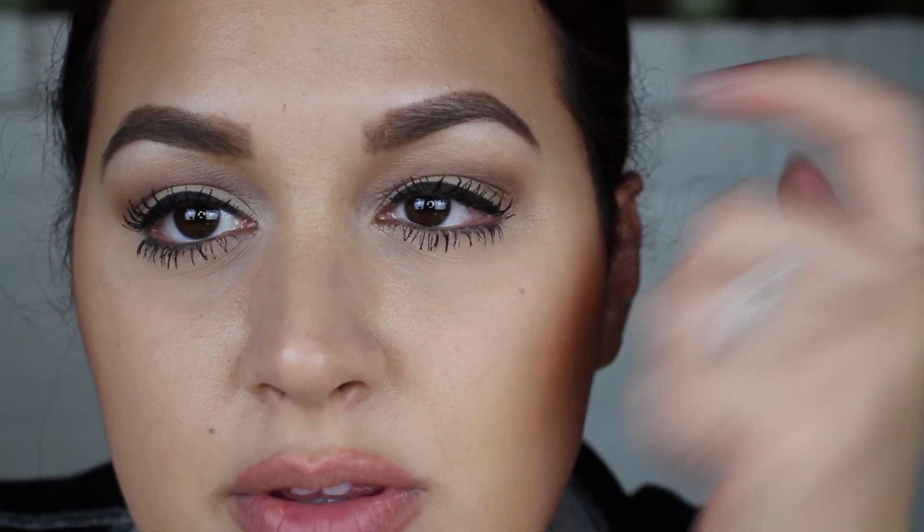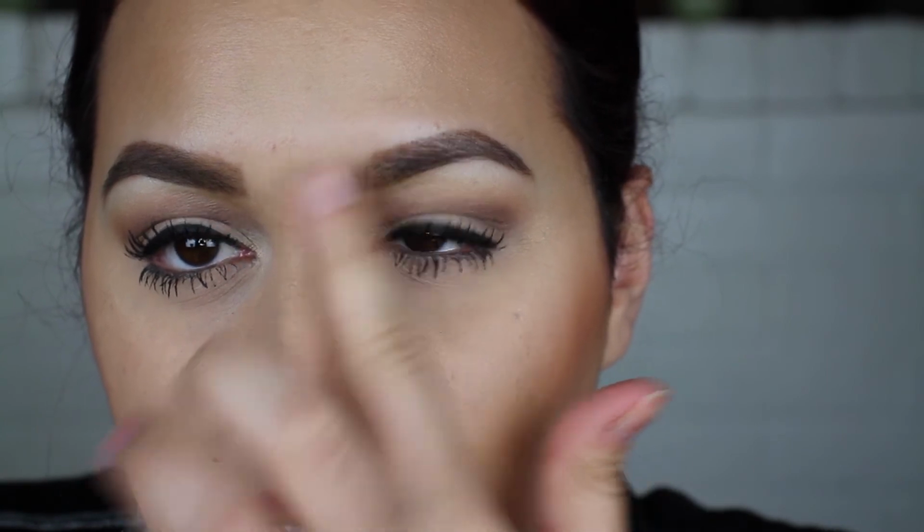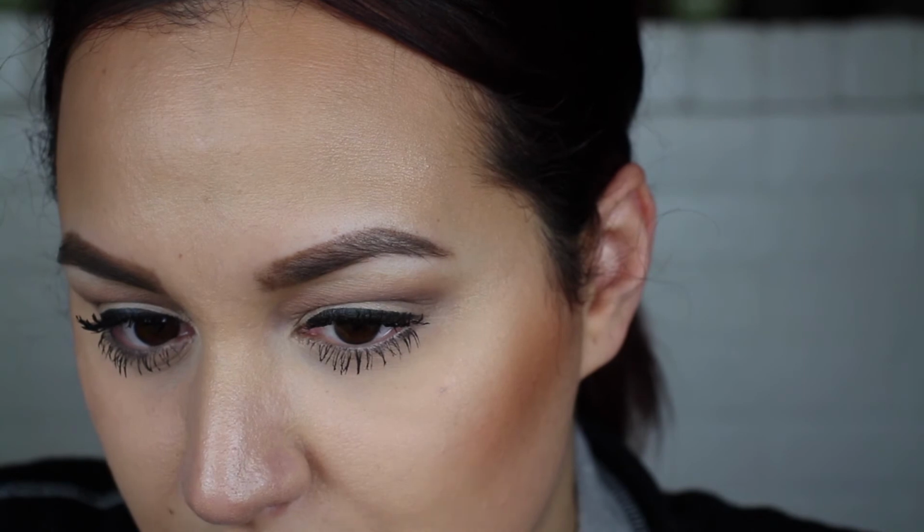As for the brow pencil, I pretty much said how I already felt. I still feel the same way. I didn't set this side with the brow gel and you can see it kind of started to wear away in the front right there. Like the front of my eyebrow was missing. I wouldn't say this is necessarily waterproof because if it was waterproof, it wouldn't be missing. My brows still look okay, but like I said, it was just a lot of work